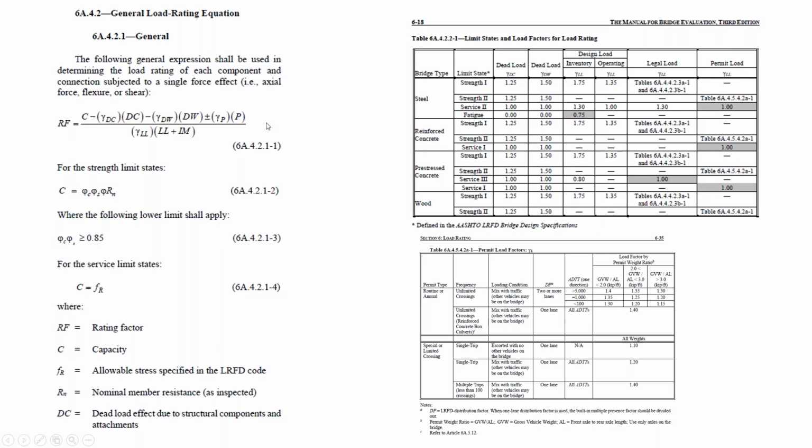And that's basically the idea: MIDAS will calculate the rating factor based on this equation, which is capacity minus the dead load factor from this table times the moment or shear of that element, minus the additional dead load factor times the dead load moment or shear, whatever we are evaluating, whether a rating factor for shear or for flexure,